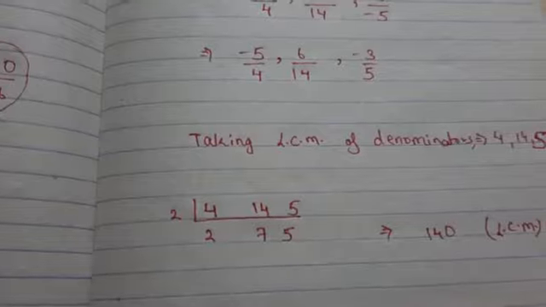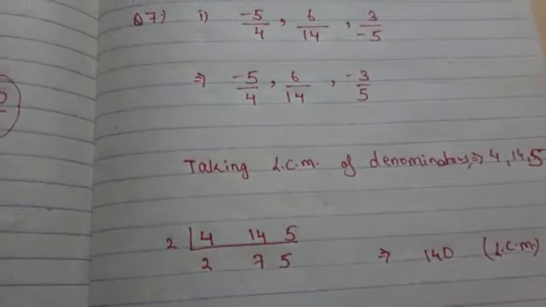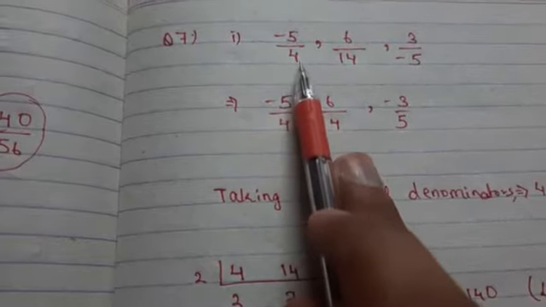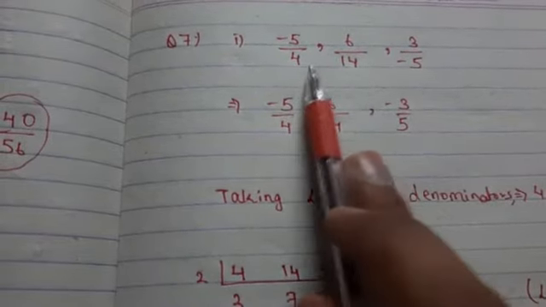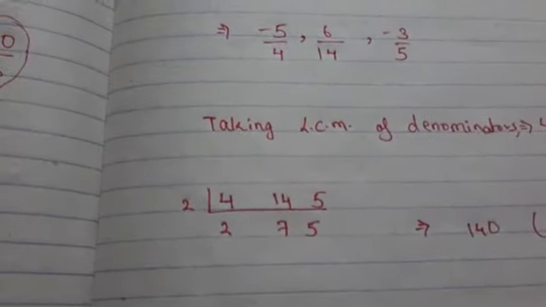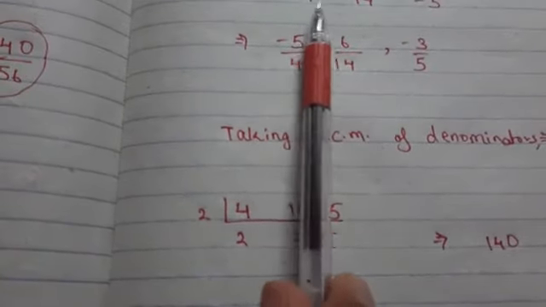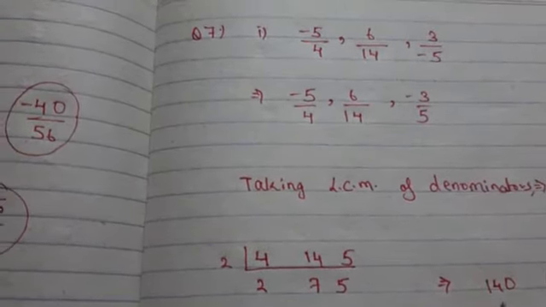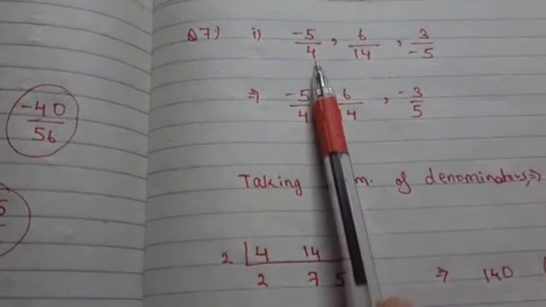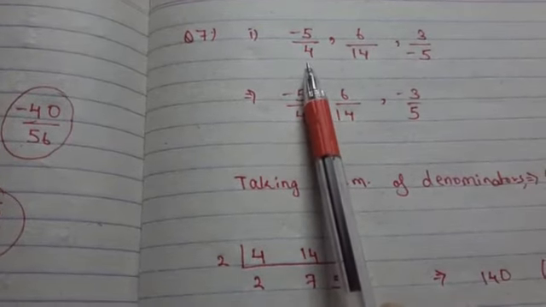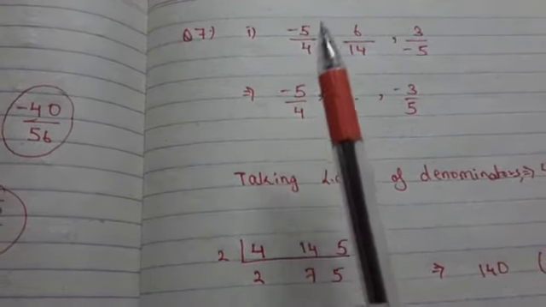Now why have we taken the LCM? Because it becomes easy. Instead of thinking by what number I should multiply each denominator so that every denominator would be same, I have directly taken the LCM. Now in order to make the denominators equal to 140, it is very easy. Simply divide the LCM by the given denominator. This we have done in the previous exercise. I have already told you. See my video lectures which I sent you.